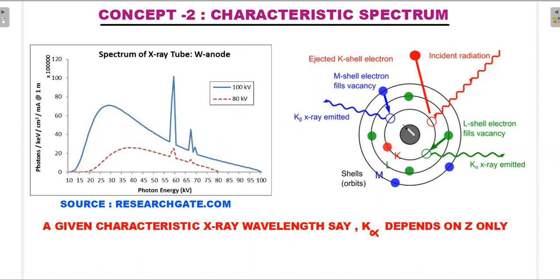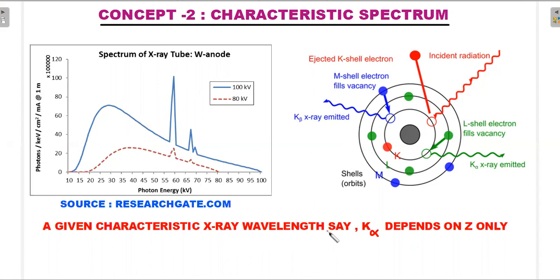Why is that so? Because of the basic idea of how this characteristic X-ray spectrum is released: any incident electron comes and knocks out, let's say, an innermost shell electron, right? Innermost K shell or L shell or M shell, these electrons can get knocked out by the incoming electrons. Remember, electrons come and hit the metal target. So once this vacancy is created, it can be filled by an L to K or even an M to K transition, based on which higher energy electron fills up the vacancy. You either call this a characteristic K alpha or K beta, etc.